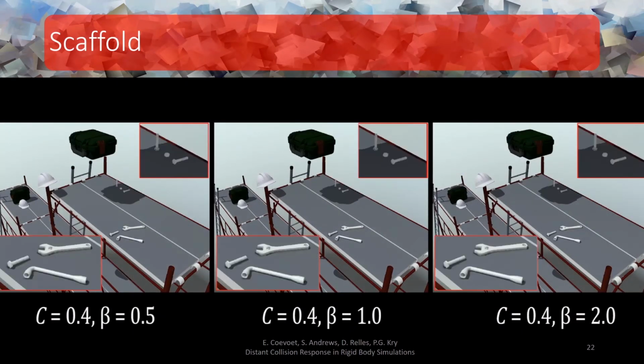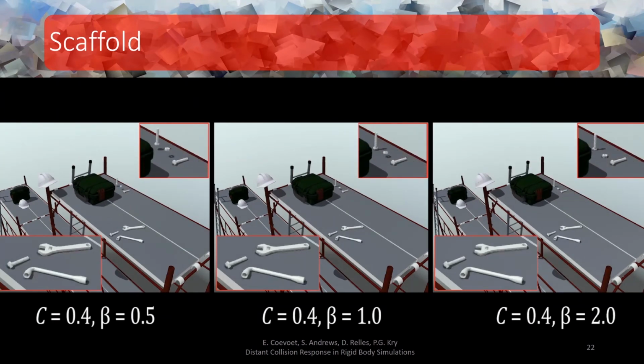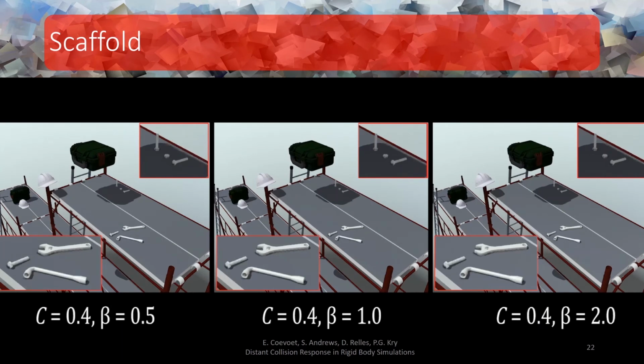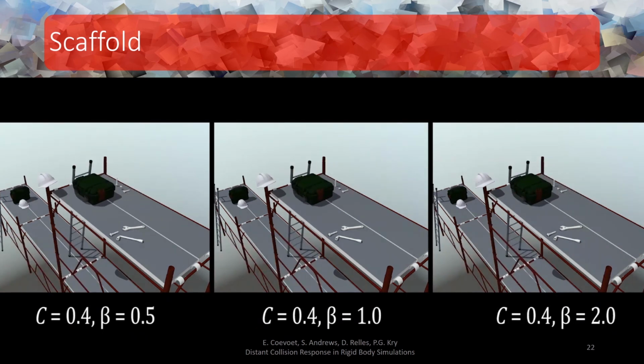We also tested the spatial attenuation model using a large scaffold example. The C coefficient is tuned differently for the scenario, but the effect of beta is similar. The geodesic distance is computed and cast for each resting contact point, which is used in the spatial attenuation equation to estimate the distance from the source of impact.